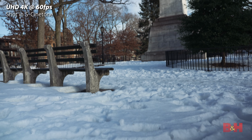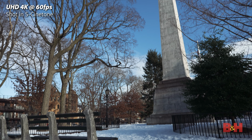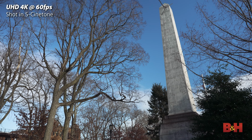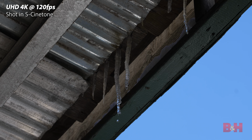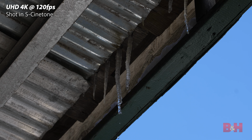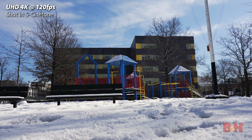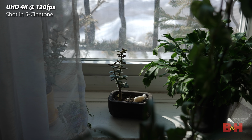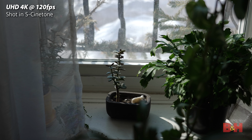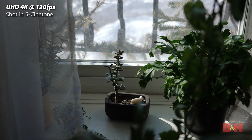You can shoot unlimited 4K footage up to 60 FPS and up to 120 FPS with a 10% crop, which is still pretty impressive. All formats can shoot in 10-bit 422, meaning you'll get smooth gradients and more flexibility in your color grade. Video quality here is detailed and razor sharp, with the camera providing healthy codec options across the